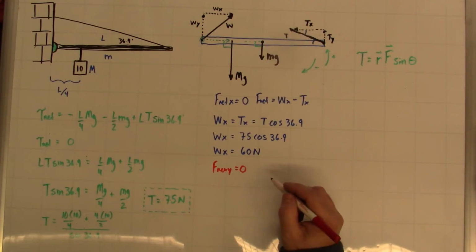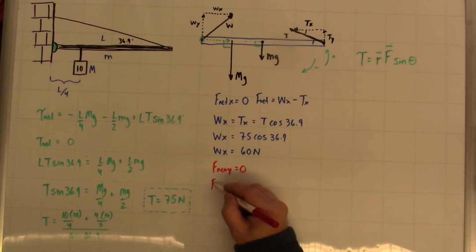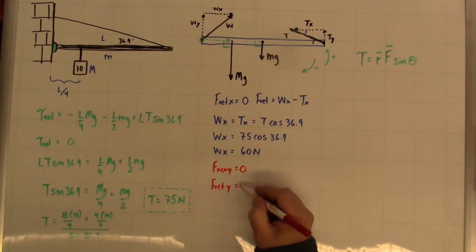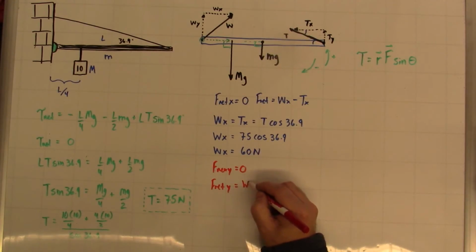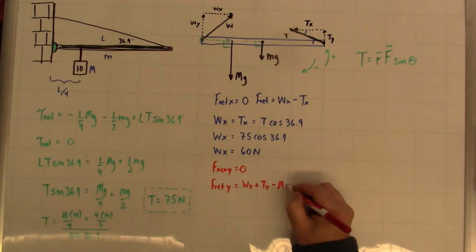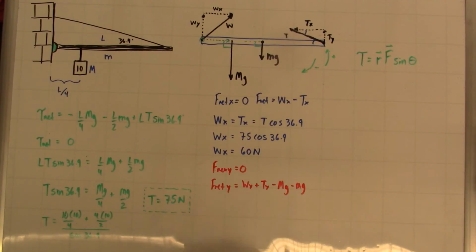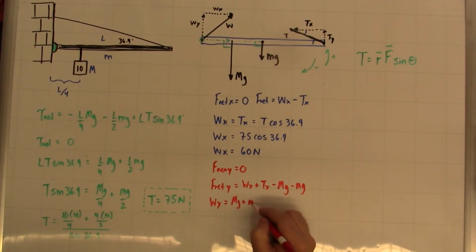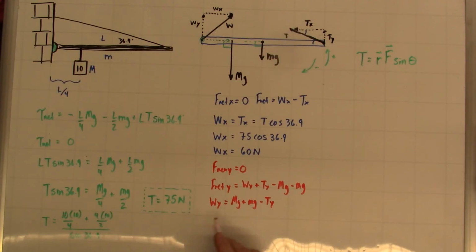But what are my forces in the y direction this time? Well, the net force in the y direction, what do I have? I have w in the y direction, up, plus t in the y direction, up, minus big mg, minus little mg. Since net force in the y direction is this, and it's equal to 0, if I want to solve for wy, w in the y direction is equal to big mg plus little mg minus my t in the y direction. I can solve for these because I know that my w in the y direction is equal to my big mg,